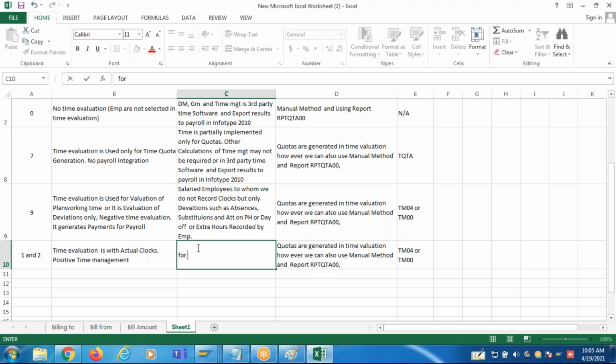It is for the employees whose gross salary is calculated based on the actual attendance of an employee.